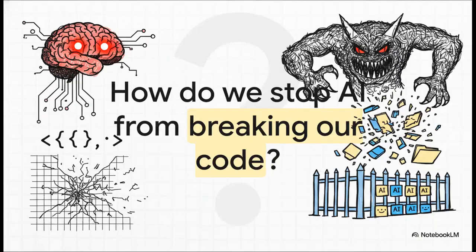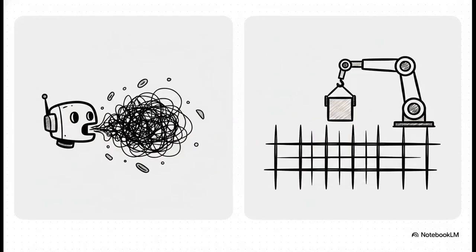Let's dive in. This right here is the multi-million-dollar question keeping engineering managers awake at night. How do we actually stop AI from breaking our code? You've likely felt the pain of an AI hallucinating an entirely fake library, or suffering from severe context drift during a long coding session. Or maybe you've launched a monolithic agent to aggressively refactor and just completely break your carefully established architecture. The truth is, standard, unstructured AI simply does not respect the boundaries of complex enterprise repositories. So to fix this, we need a massive paradigm shift.